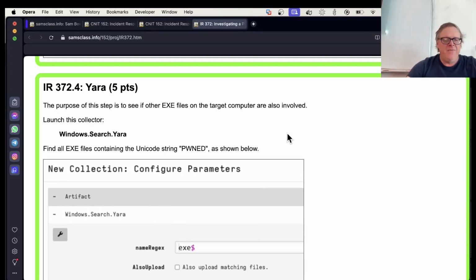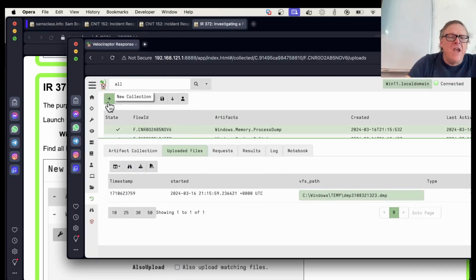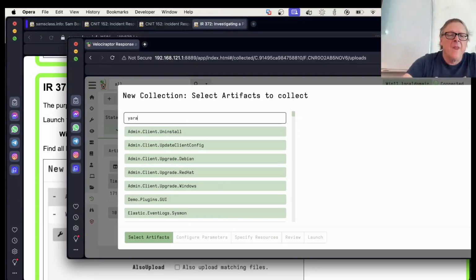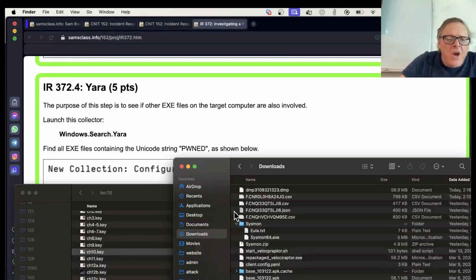Yara is just a fancy version of grep. I don't know why people make a big deal out of it. Yara just looks for a pattern of bytes in files, and it runs on all different operating systems. So we can run a Yara search on Windows. Windows search Yara,